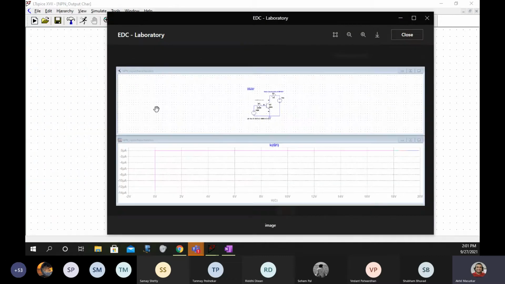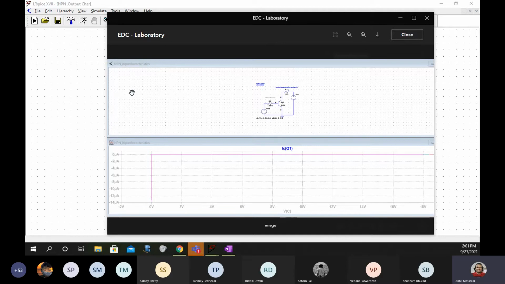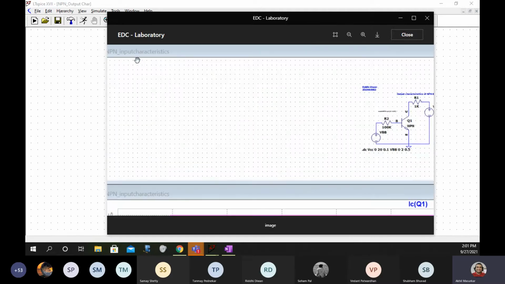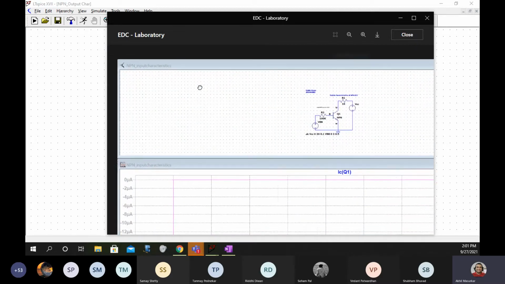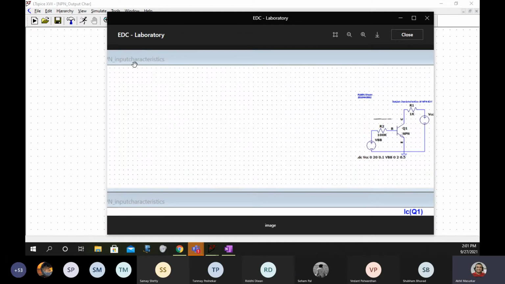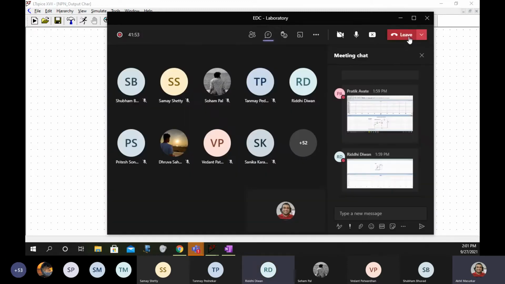See, your file name is the same as the previous one. Can you see this? Change the file name to output characteristics.